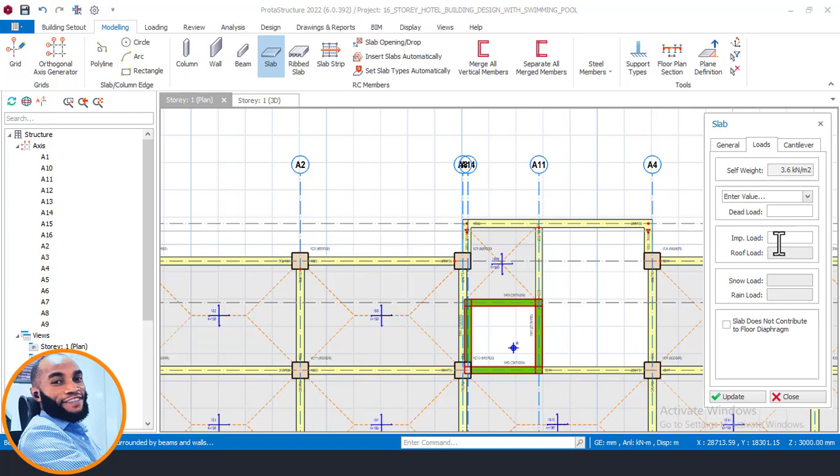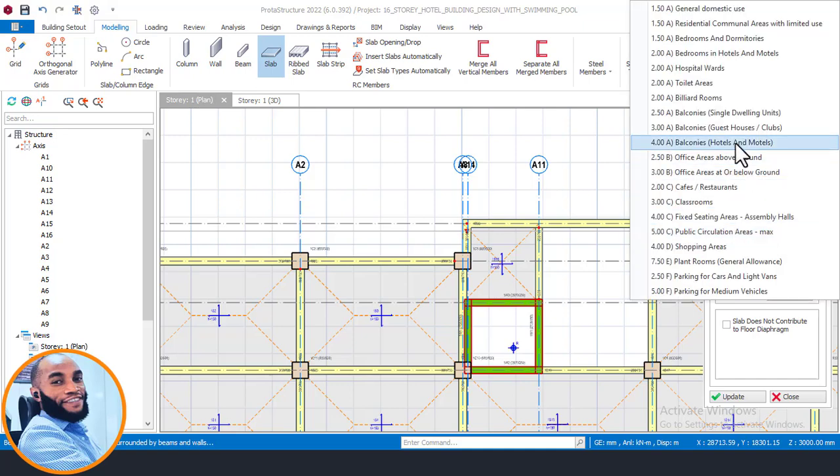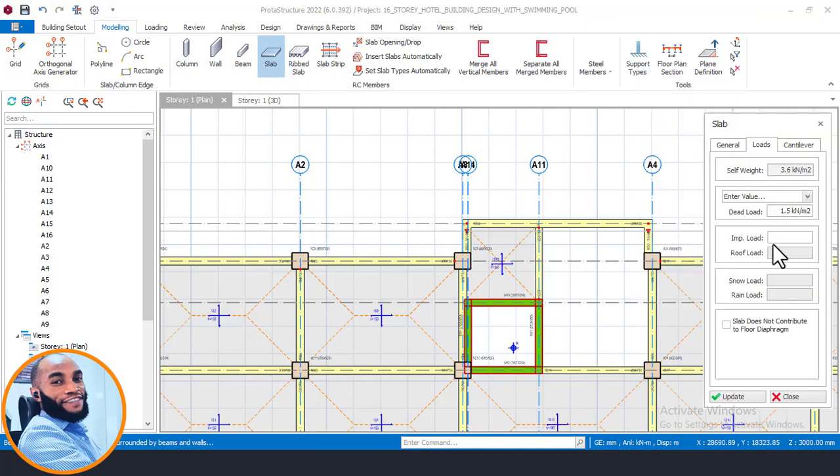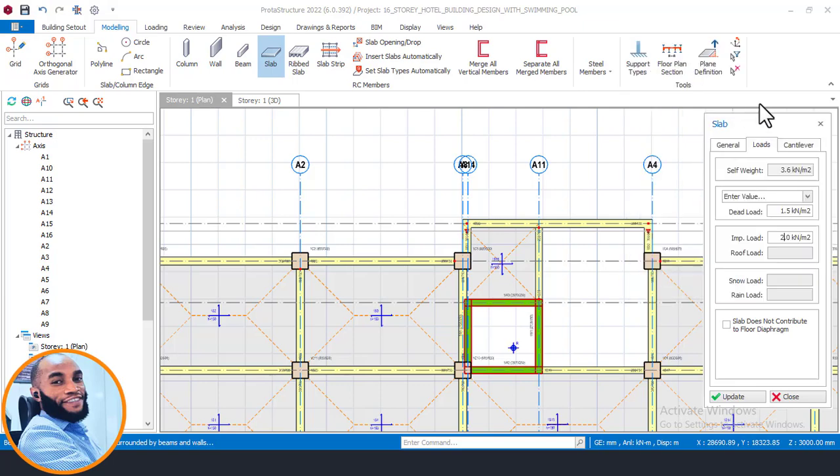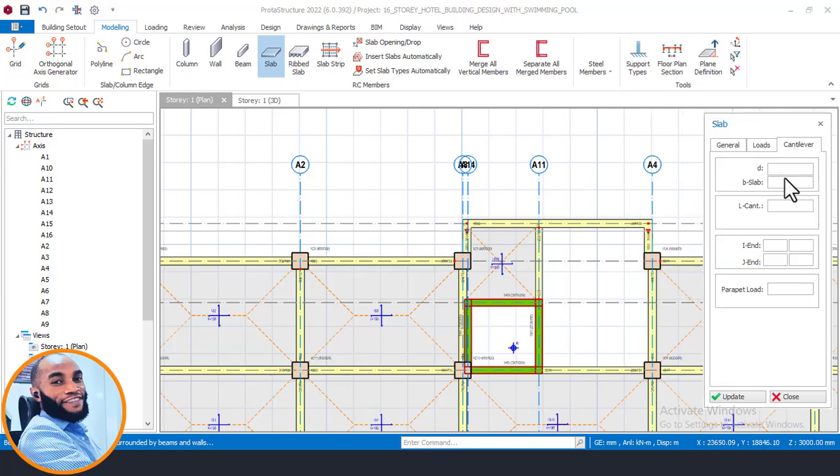So now I will first click on loads here and load my slabs. For me to load my slab, you have to come here: the dead load 1.5 as before, and then the imposed load. This is a hotel building, so right click here and then choose for hotel. Let me go and check again. Sorry, right click here and then choose for hotel, which is here. Bedrooms in hotels and motels, so 2.0. Click there and then come here, cantilever, and you can see that there are several options here,